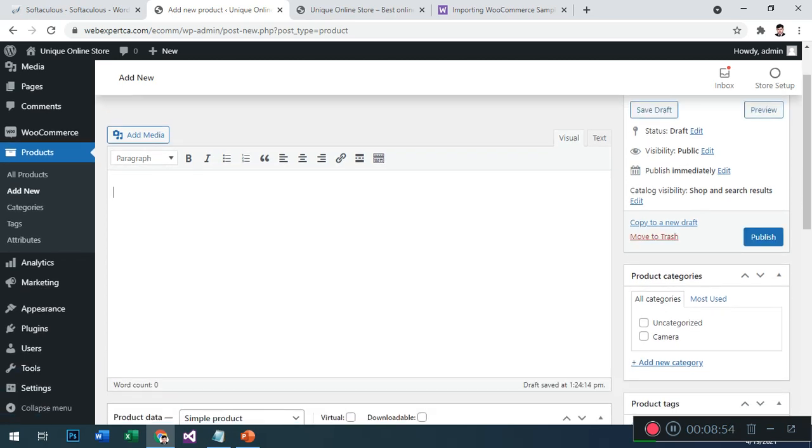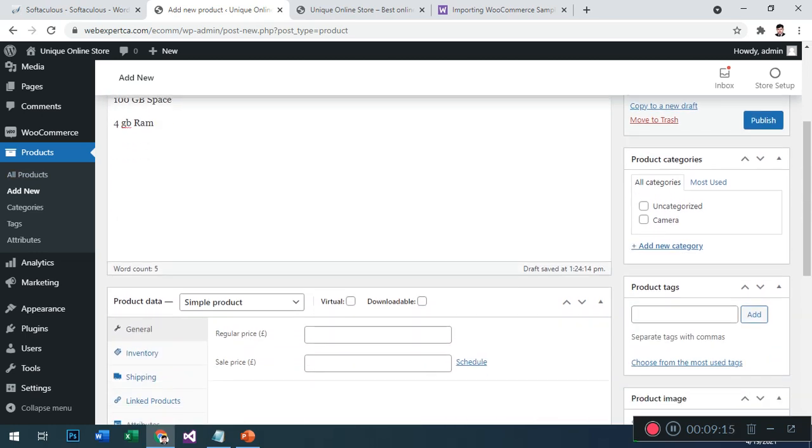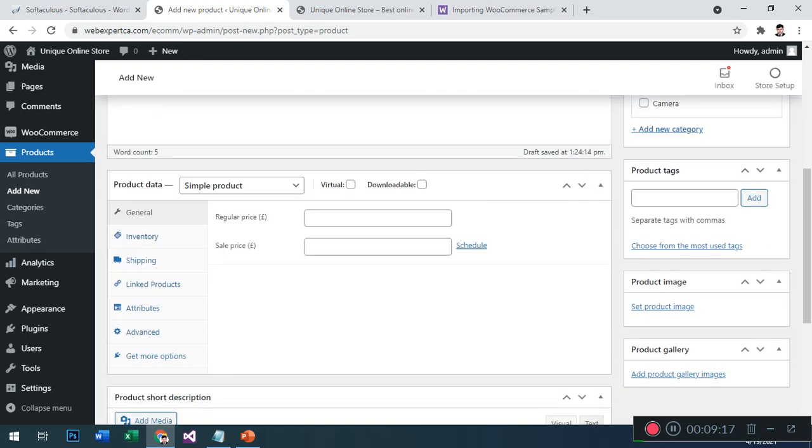Here we add some description about this camera. 5 megapixel or 100 GB space, 4 GB RAM. We add all the specifications here, and here we enter the price. For example, 10,000, sale price 9,500. Here we set the image for this.